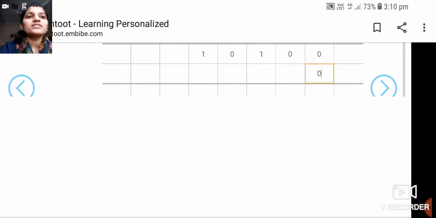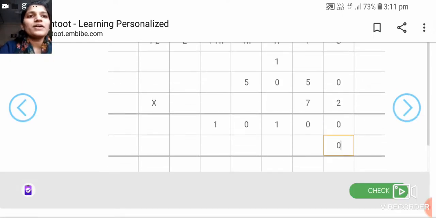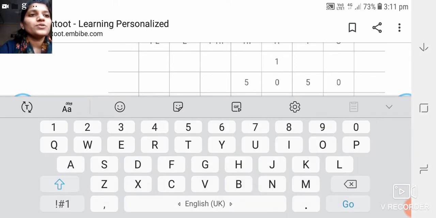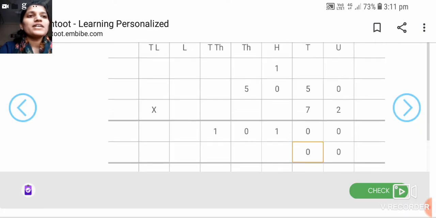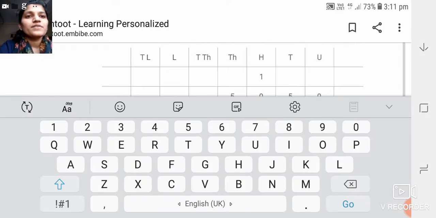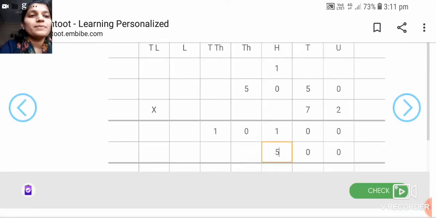And when we start the third step, we will see. Okay, so now we are going to multiply 5050 by 7. So 7 zeros are 0. 7 zeros are 0. After that, 7 5s are, yes students, 7 5s are, or 5 7s are 35. Okay, so 5 we are going to write here, and 3 will be carryover in hundreds place.